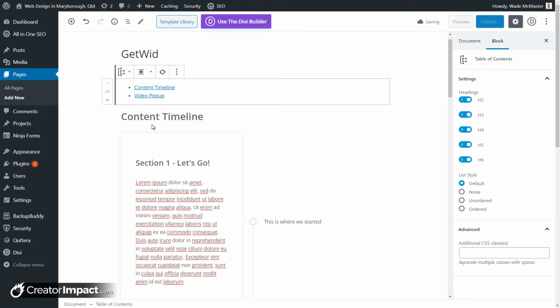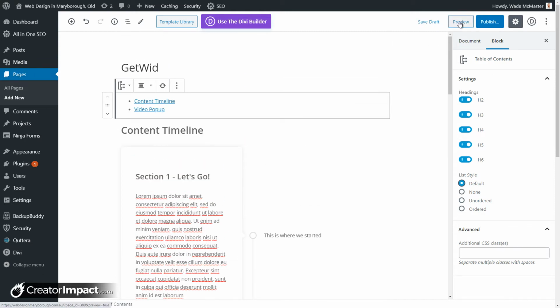So I can click update here. As you can see, we've got some contents there. I can choose to change the list around if I want to, just like that. I can choose to have it ignore certain heading types, and you get the idea. So if I go to preview,